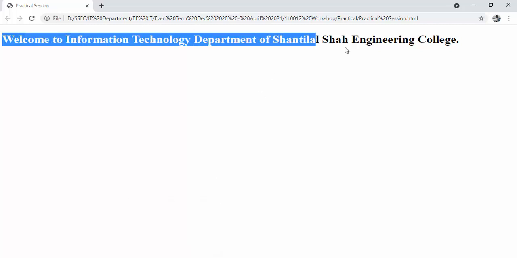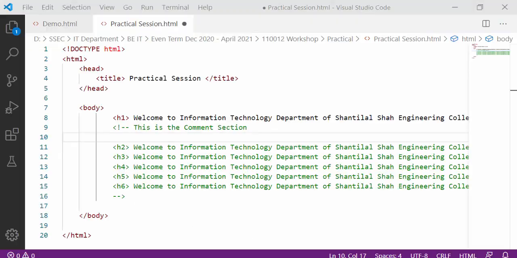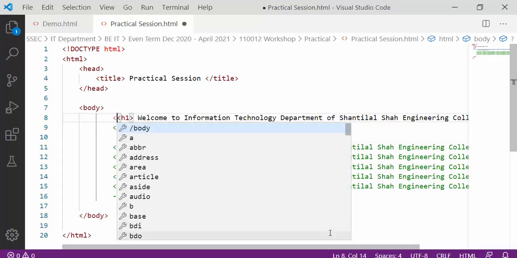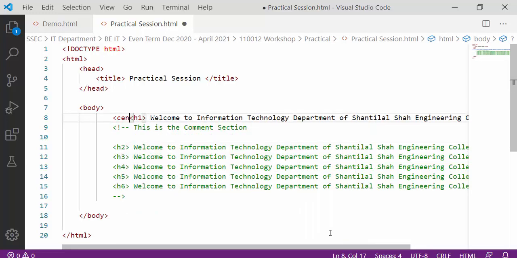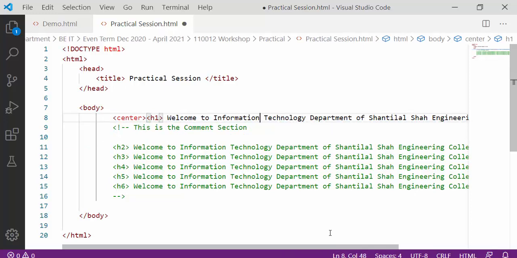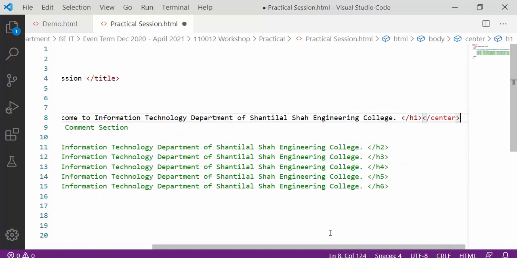But we have discussed that I want to put this heading in the center part of the web page. So again I have to write this whole line in center. Let's see what will be the effect.